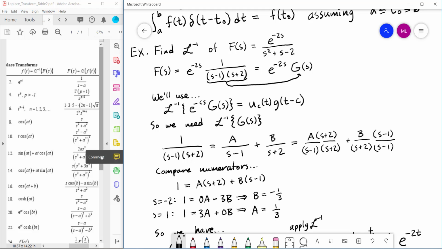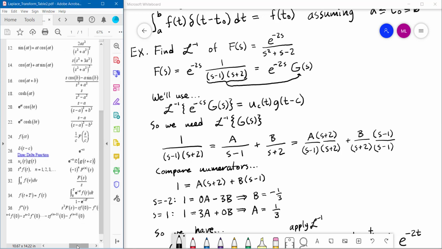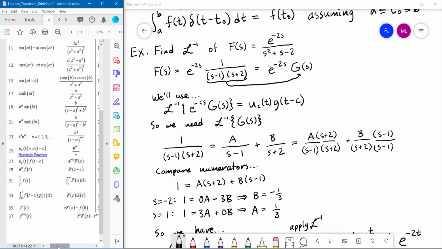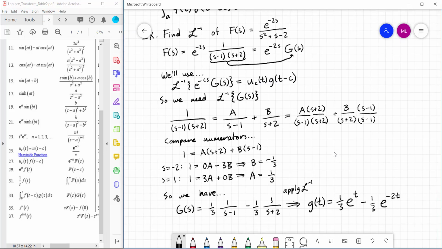So we use this property, which is number 27 in our table. And again, this is the second Laplace transform table, the shorter one. So I'm using this property. We have something of this form. It needs to turn back into this. And that's exactly what I have written down right here. So what we ultimately get,